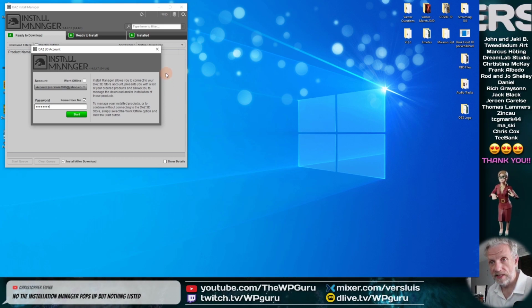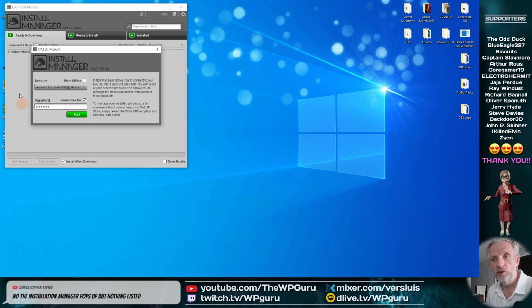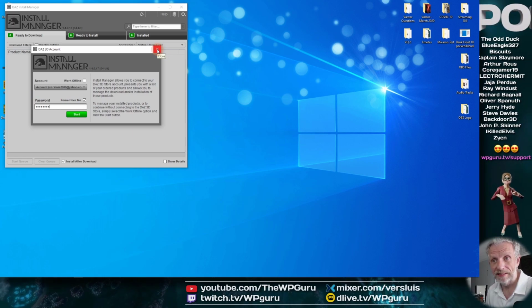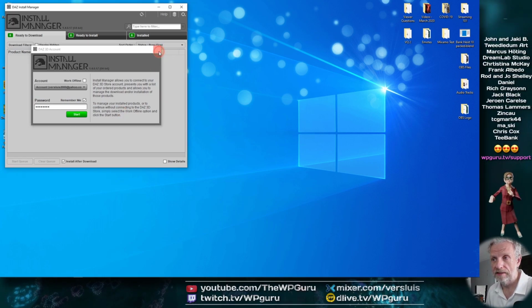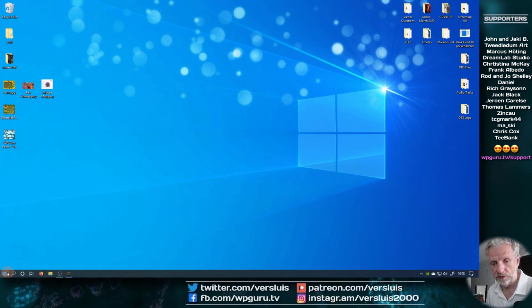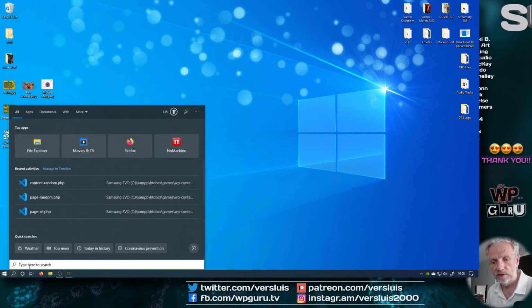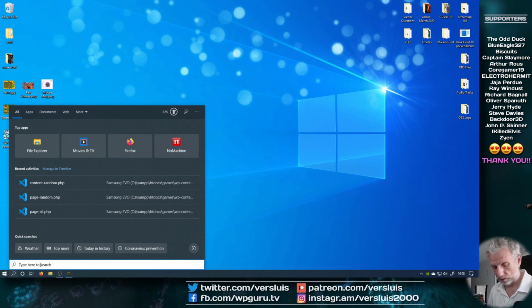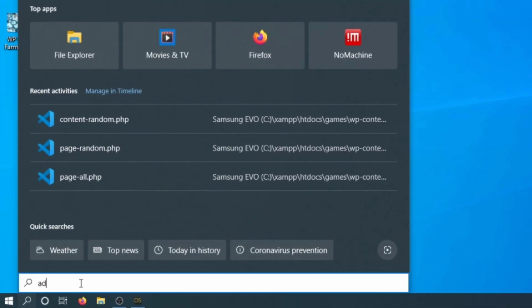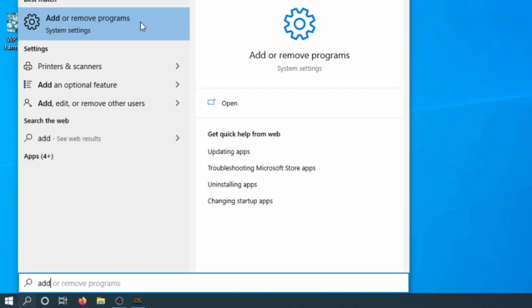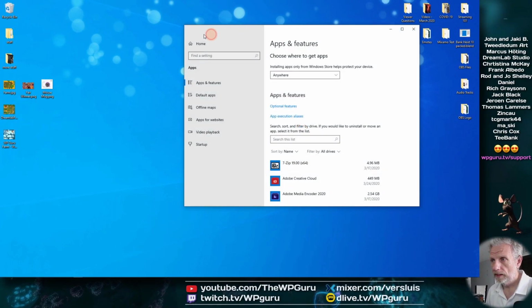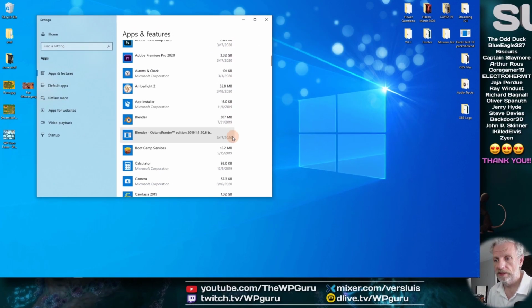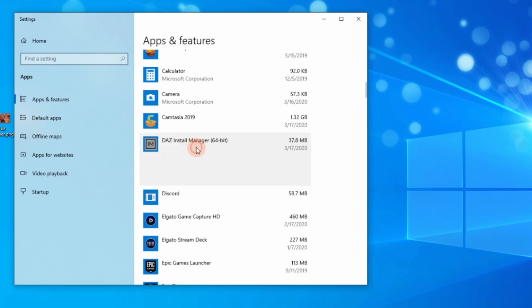If the products aren't showing up in DAZ Studio or Install Manager, that means you have to go and delete some metadata. So close Install Manager, close DAZ Studio, and use the regular Windows add or remove tools to get rid of Install Manager. That's number one. You go into the Windows search function and type add or remove programs until you get to this option. Once you're there, you can look for the DAZ Install Manager